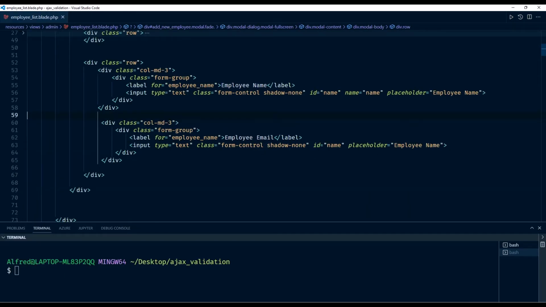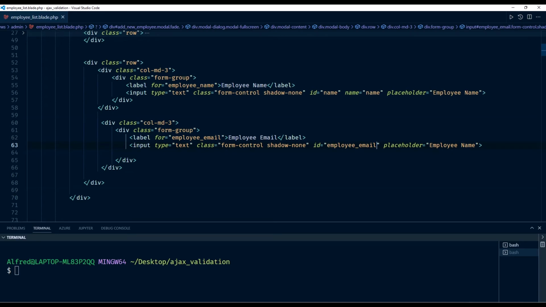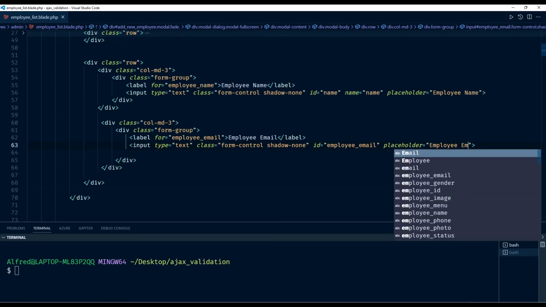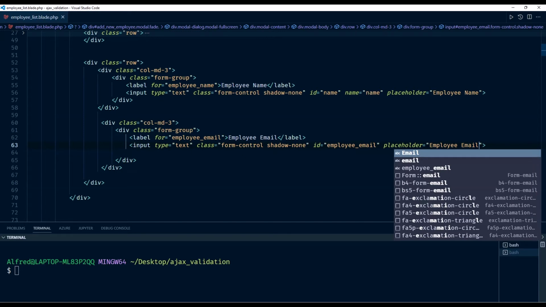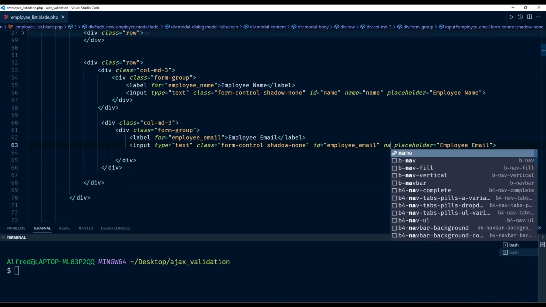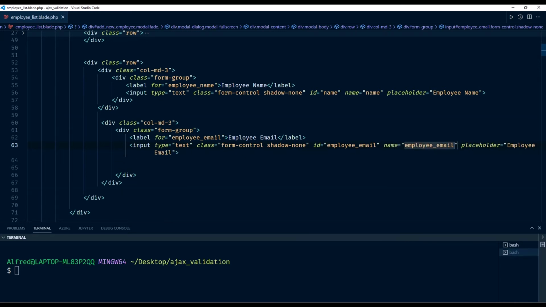Gonna collapse my sidebar name, which would be name, and here it's gonna be employee email, which is employee email, like that. So I'm gonna have name to also be employee email,